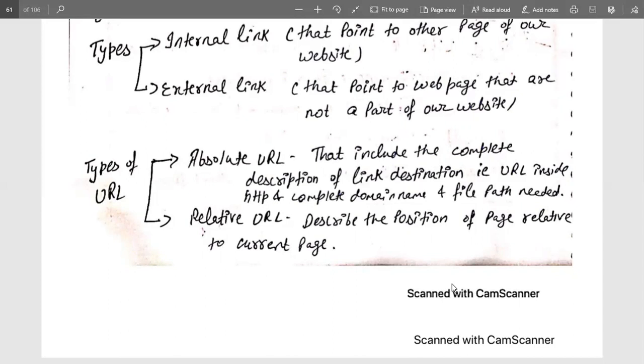There are some extra features or attributes we can add to enhance the feature of a link. So what are these attributes? Here I have already discussed the target attribute that contains some values. So what is the default value in a target attribute, and what are the other values in a target attribute that contain information about the actual location? So these are some basic key points about linking: where we want to move, where we want to switch, and the actual event that will be created over here.